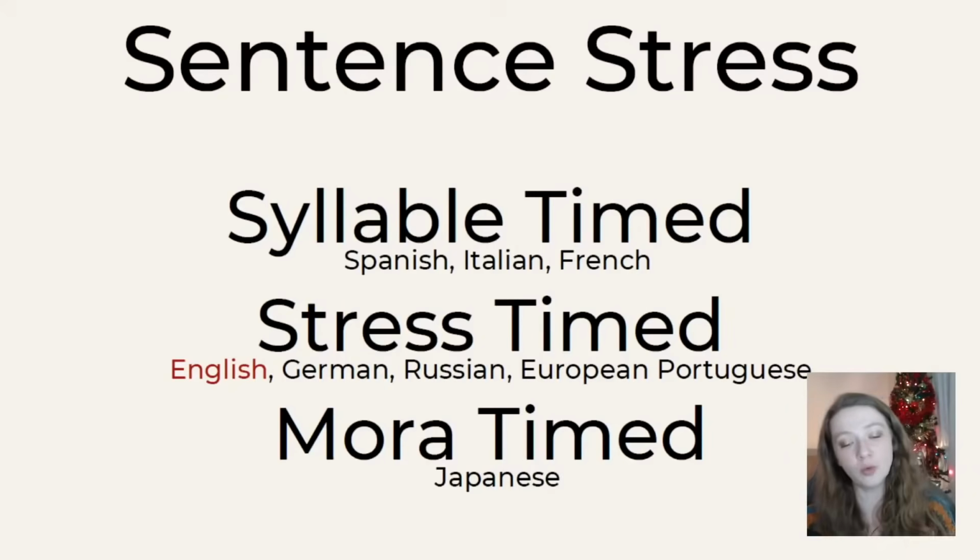So for people asking what a mora-timed language is, what mora timing is, it's kind of hard to explain if you don't know Japanese. Japanese speakers will be like, yeah, got it, I understand. But the way that Japanese words are formed are not in syllables, they are formed in mora, which are, to put it in the simplest way for you, essentially units of sound, like blocks of sound. So it could, for example, contain only a vowel sound, or it could contain a consonant and a vowel, and that is considered a mora.